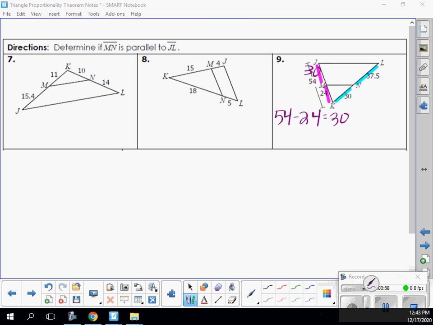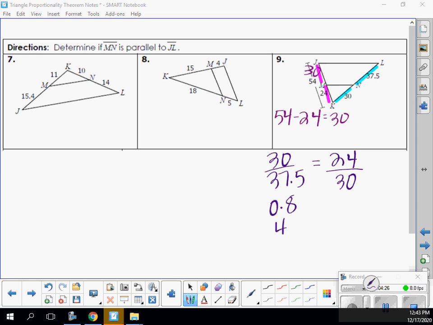So I want to compare my 30 over 37.5, and I'm comparing that to my 24 over 30. We're not cross-multiplying and dividing because I don't have an equal sign that I need to solve for. I just need to make sure that these fractions get me the same decimal. So if I do 30 divided by 37.5, that gets me 0.8, which becomes a fraction, so I can change